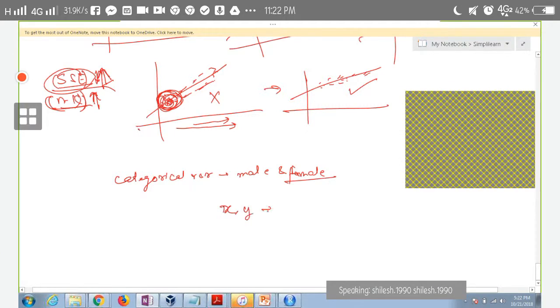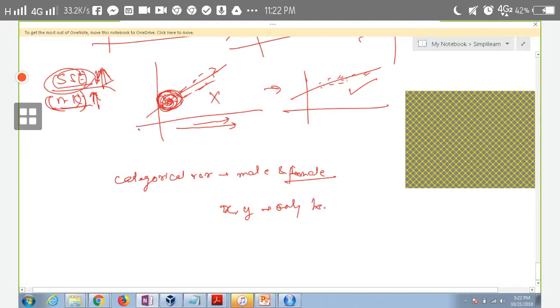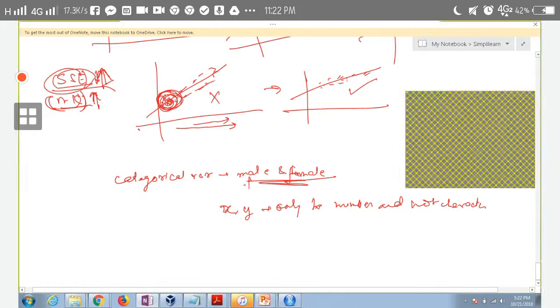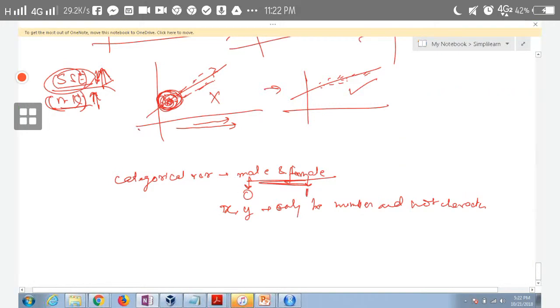X or Y can only be numbers and not characters. So how do you then use them? If you think that gender is valuable, you assign a dummy value to these. Let's say male is given as 0 and female is given as 1. So conversion